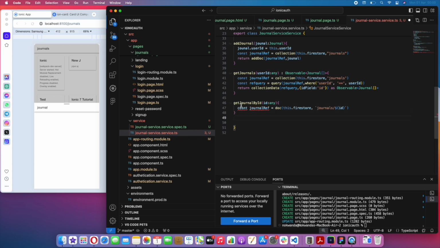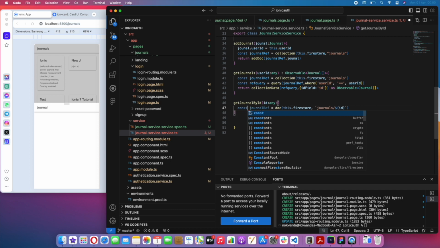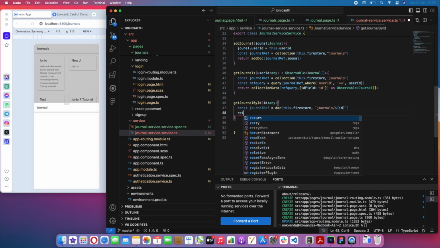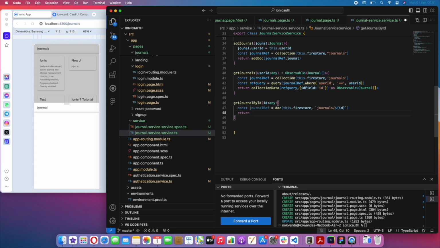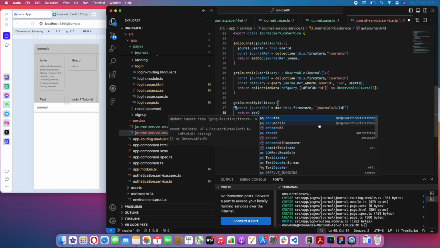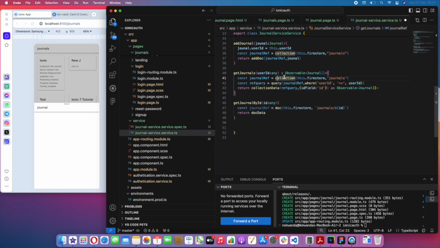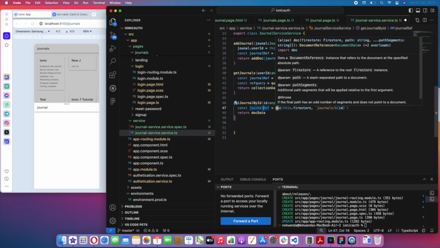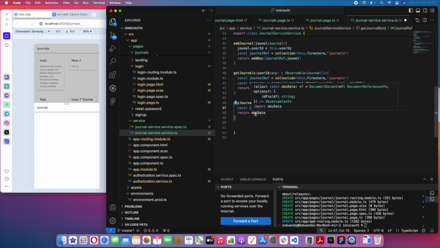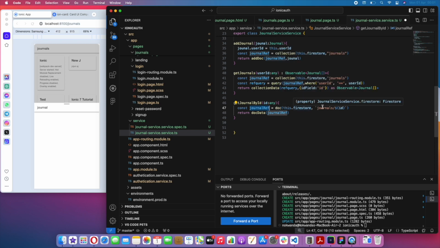Okay, change file to journal. So after this we say return docData from Angular Fire. Now see the difference here: we were collecting the whole collection, and it returns collectionData. Here it returns a docData, and a docData requires a reference, and our reference says just go to this row in Firestore, underneath journals, underneath this ID that the user will be passing, which is the card that the user will be pressing at the time of the journal they want to request. And then when I save this,